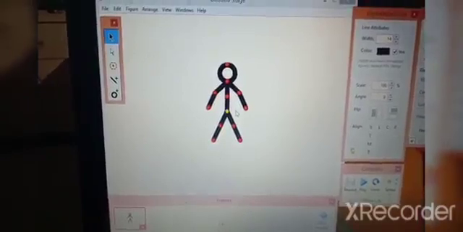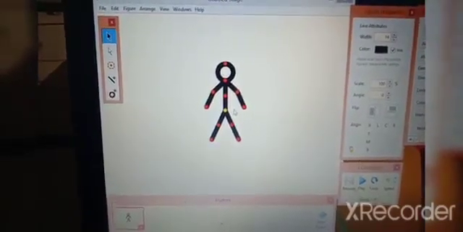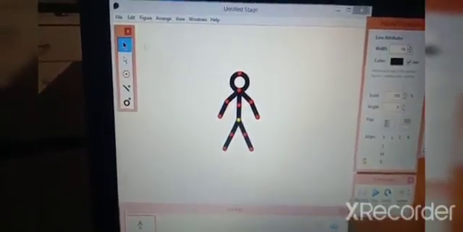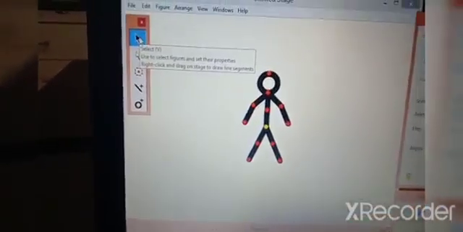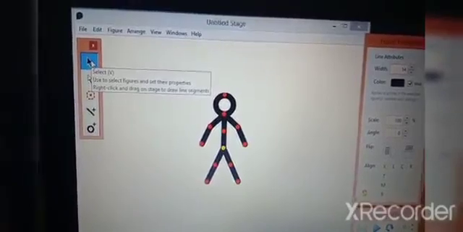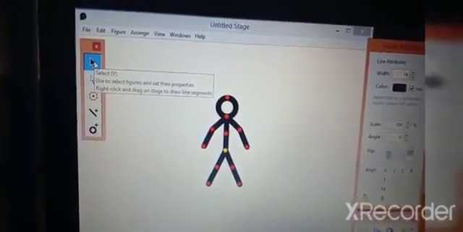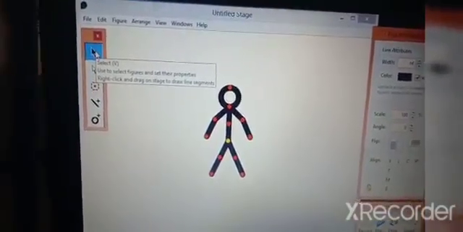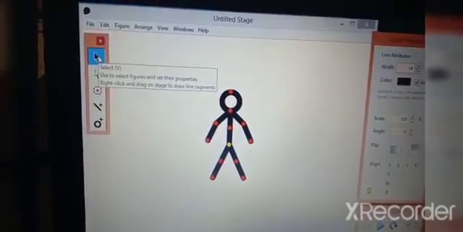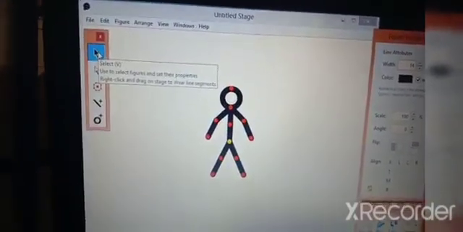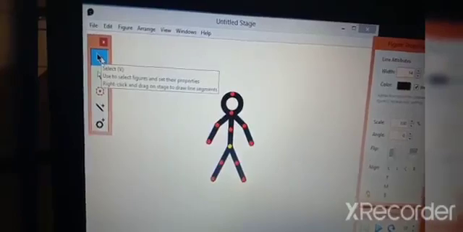When you select it with the select tool, see here, this is the select tool, the blue circles will become red circles. These red and yellow circles are called nodes.